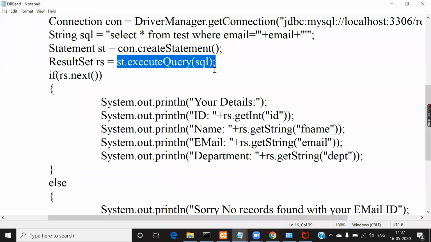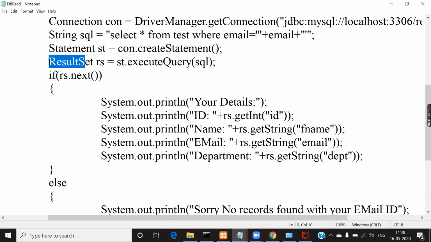But when you are retrieving values from the table, we have to use a method called the executeQuery method. So this method is also defined in the same Statement interface. So pass that SQL statement to the executeQuery method. This will execute this query on the database server, the MySQL server, and if it is successfully executed, if it retrieves at least one row, then all those rows will be represented by a class called ResultSet class in the java.sql package. So it will return an object for this class, and that object will be stored in rs.